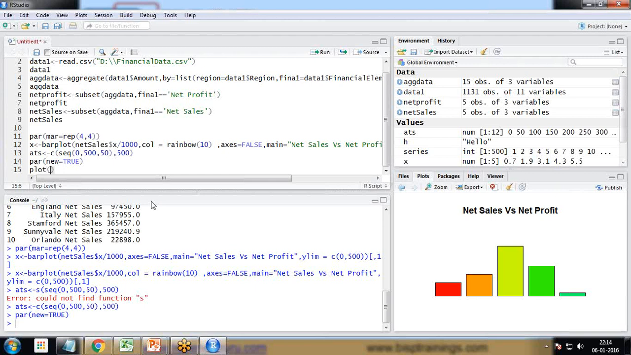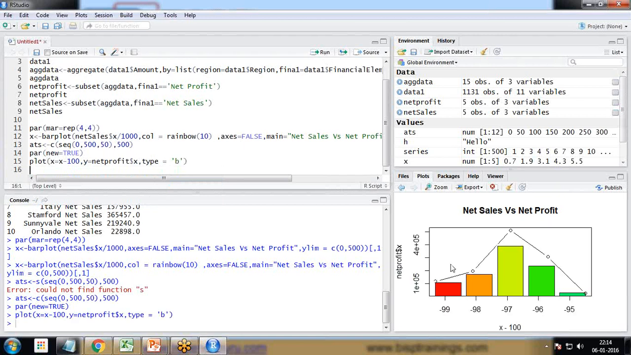Then I use plot to plot a line. So x is set to x minus 100, comma, y is equal to net profit $x, comma, type is equal to b, and when I run it, you can see it has been placed. So the values are placed, but the x's are not that good. The x's are